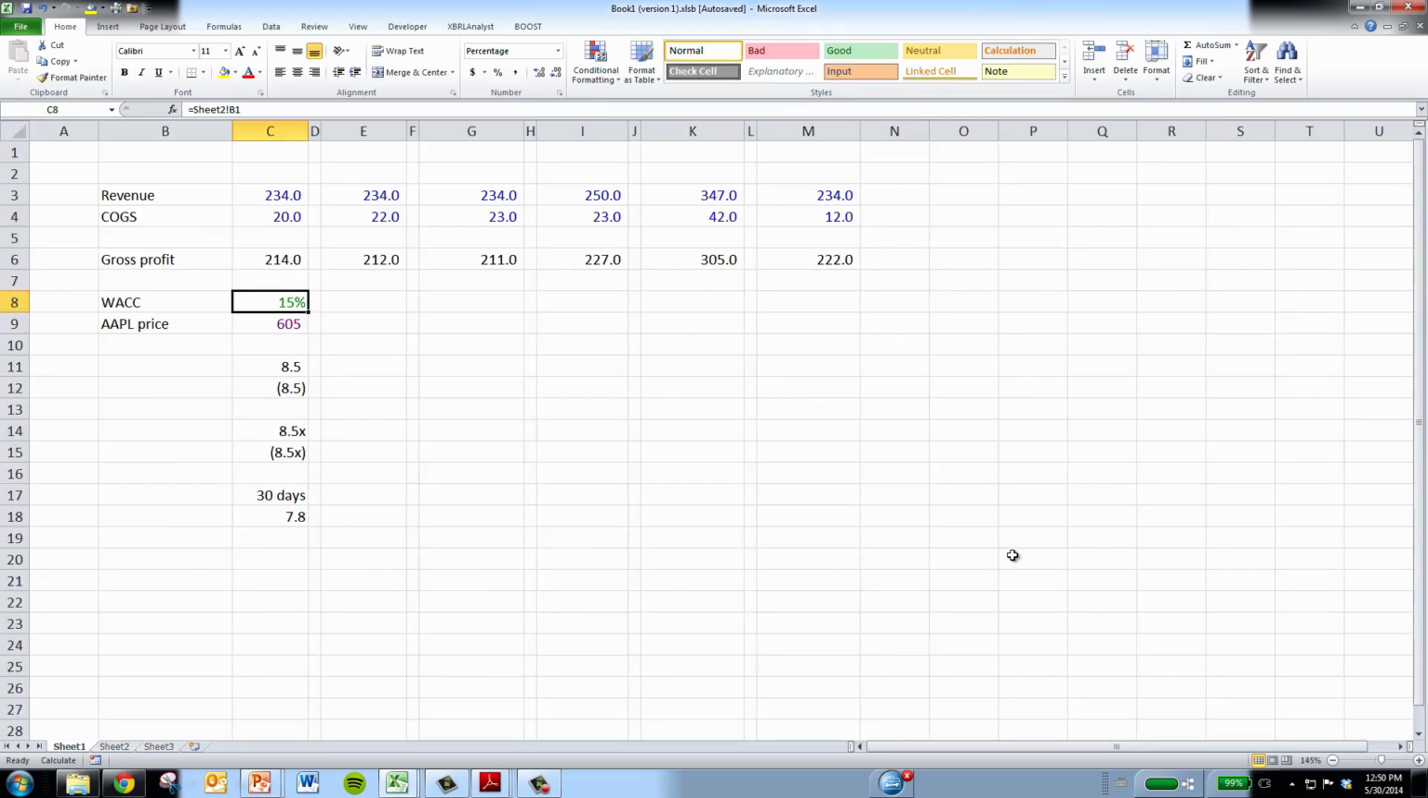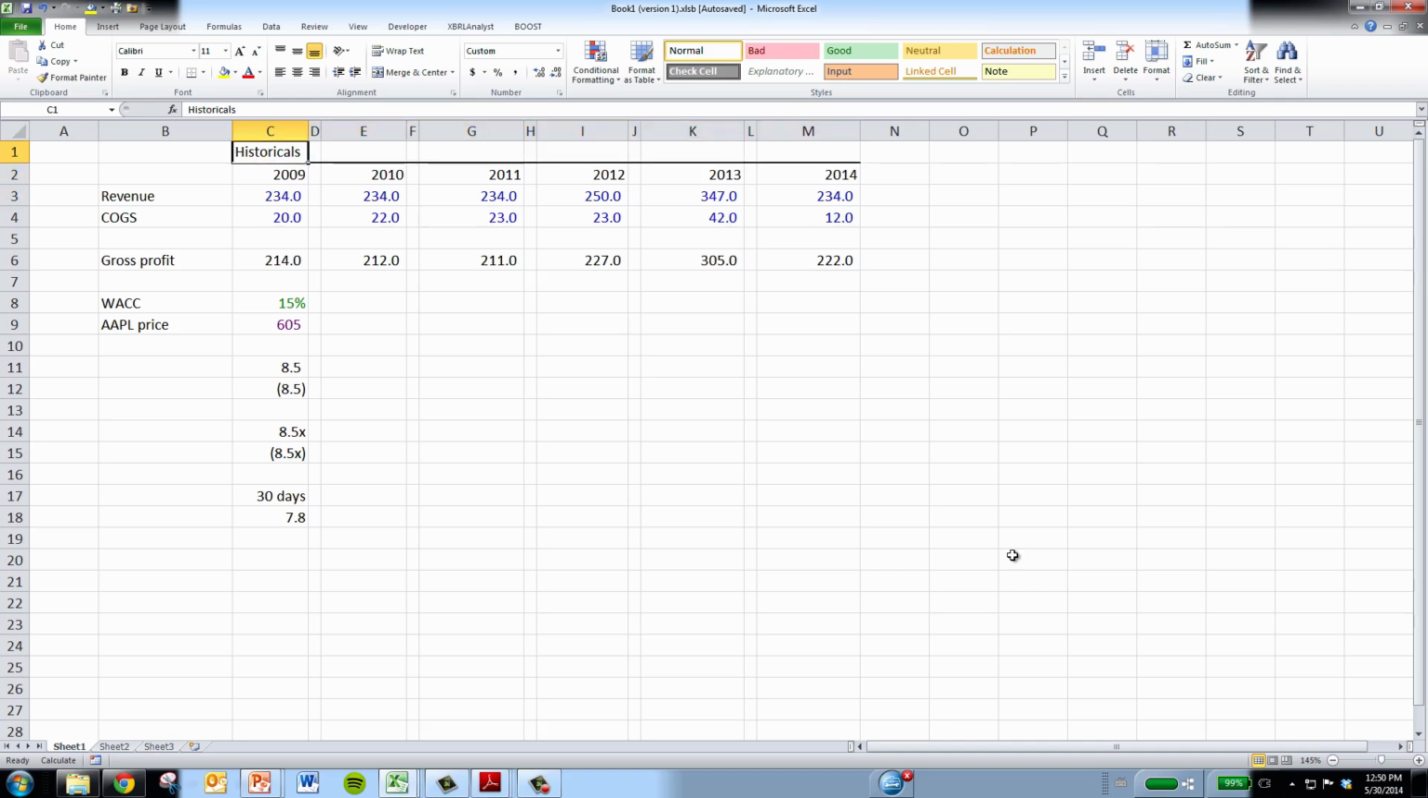Let's just go to a blank cell here. Let's say these are annual periods, and I wanted to show that these are historical results. Historical. So I've got a couple of choices. If I want to make this, and let me put a little border, and I want to center this across,